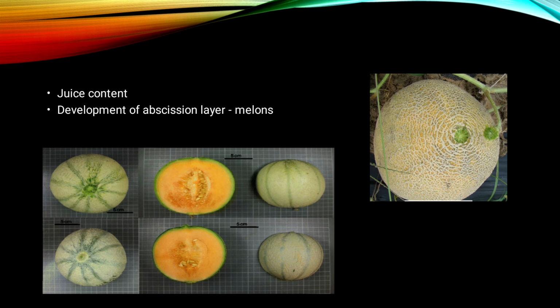The juice content of the fruit is also one of the parameters to assess maturity. It increases as the juice of the fruit increases. Then there is the development of the abscission layer in melons. Here you can see the image of the melons. Abscission layers mean the fruit automatically separates itself from the plant after proper growth of the melon. Here the example of musk melon is shown. In the first image, the melon is fully matured and the abscission layer is developed, and in the second the abscission layer is shown, separated from the stem of that branch.